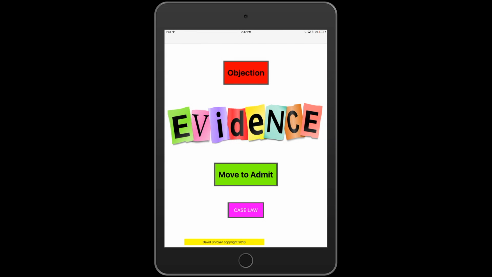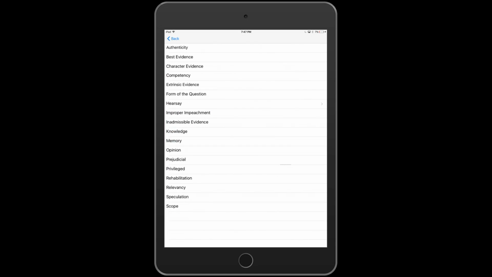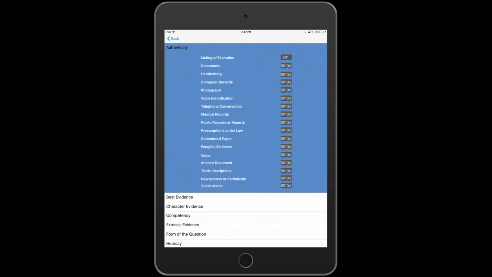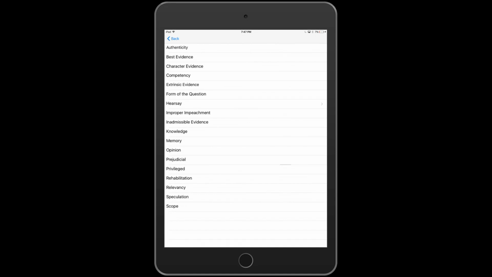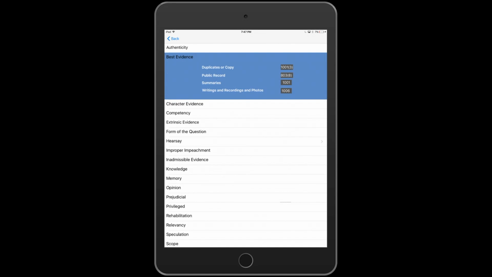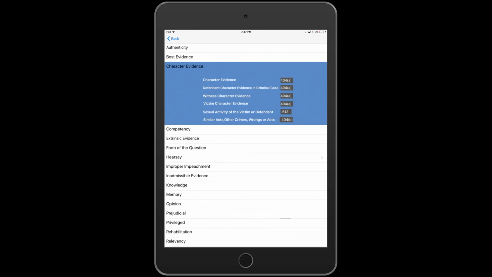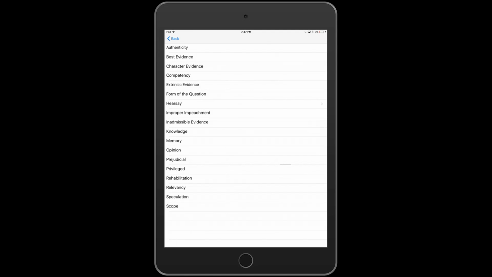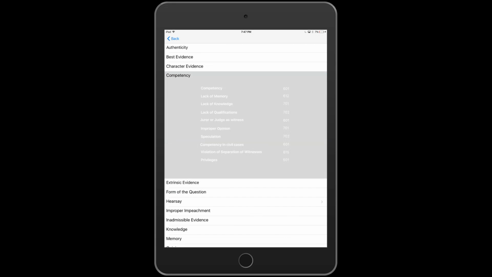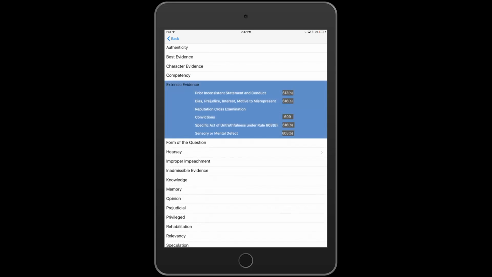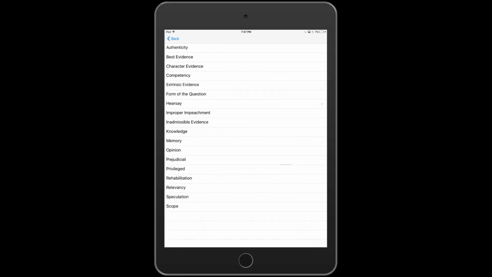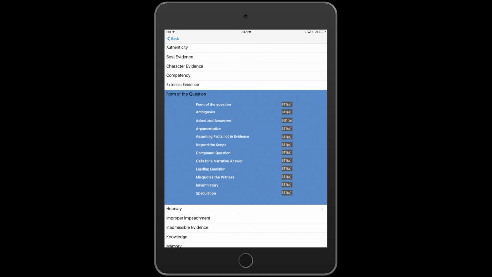Once you touch the Objection button, it will take you to the screen containing 18 basic objections. Under each of these objections, there are over 150 different sub-objections that can be made. As you'll see here, this is character evidence, competency, extrinsic evidence, form of the question,